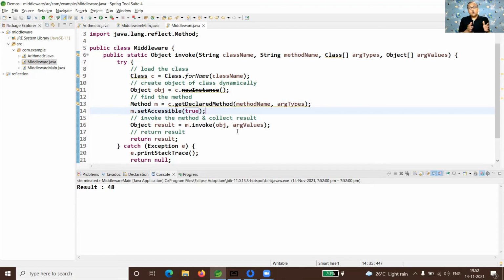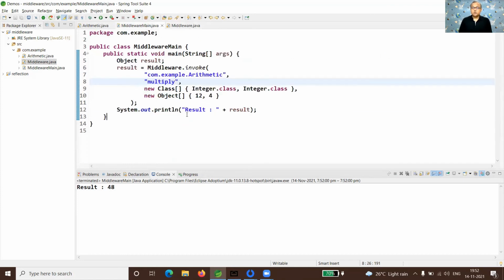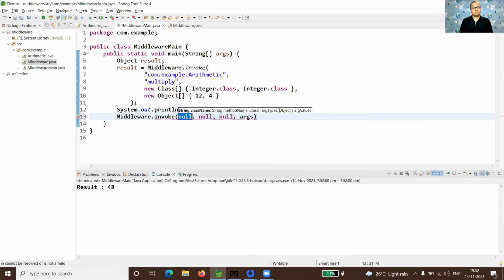But is it only for the user defined classes? Not really. Using this technique, you can call any user defined or predefined class as long as it is in the classpath. Let us give a try to one more method. So middleware.invoke.